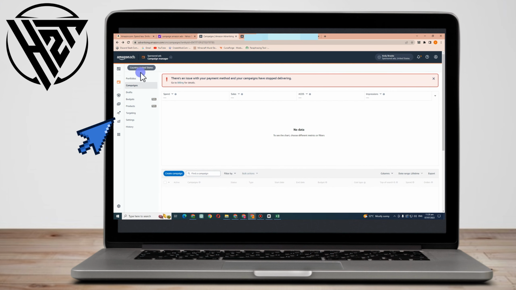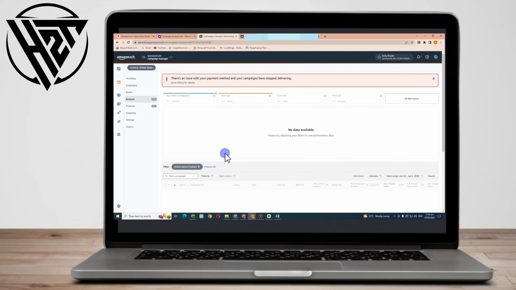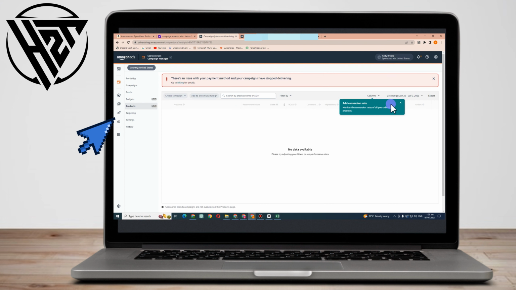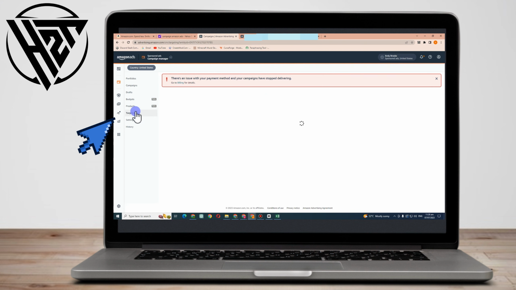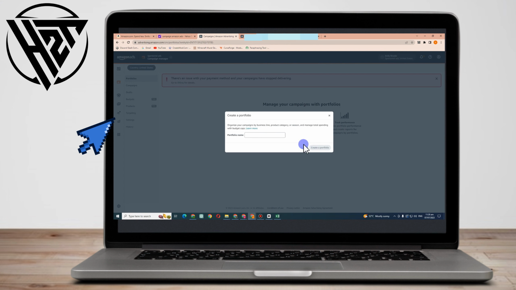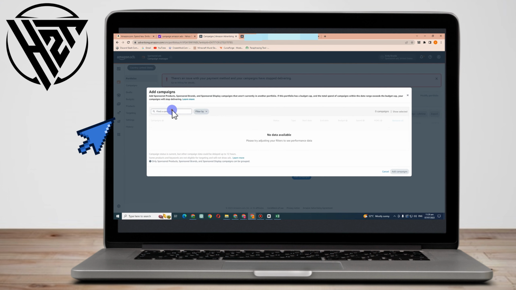If you're going to optimize your Amazon PPC campaign, go to Amazon ads and do everything here. If you have already paid your bill, then you can start optimizing your Amazon campaign and get lots of buyers and earn high income. So always remember that under PPC campaign, you have to choose the name of your campaign. Select the start and end date for your campaign. For a daily budget, Amazon allows you to set the maximum amount of money you want to spend on ads per day. For targeting, you can choose automatic or